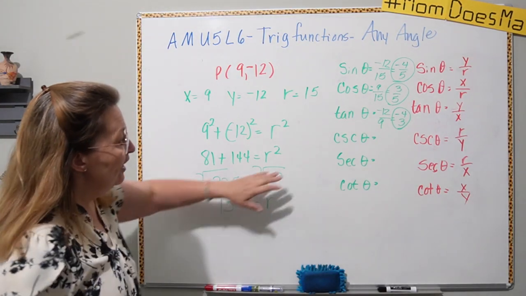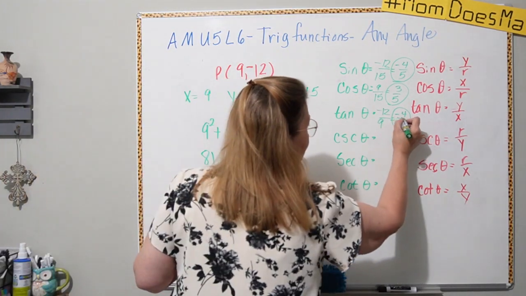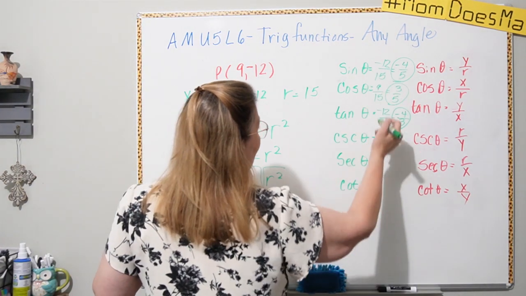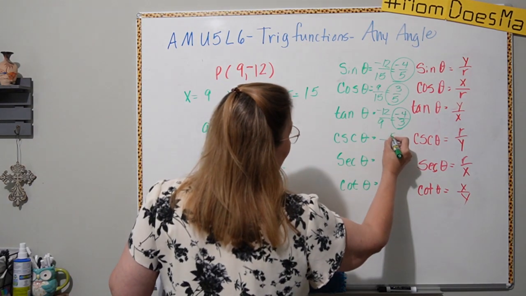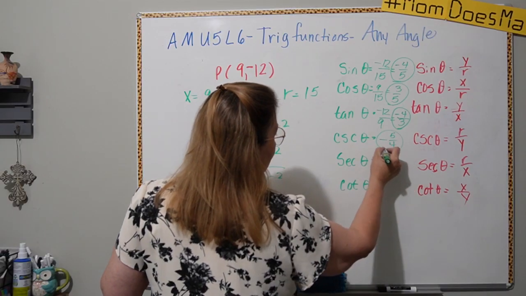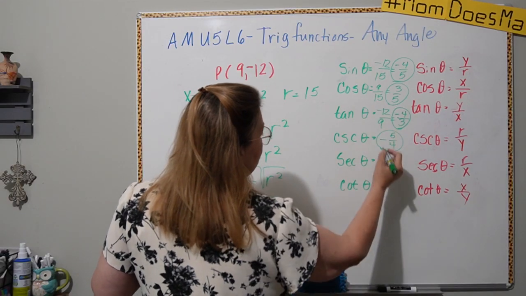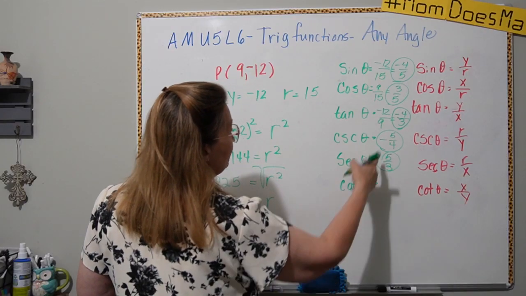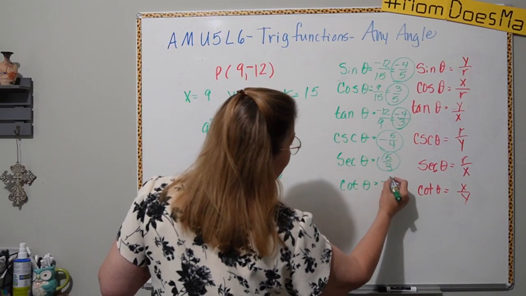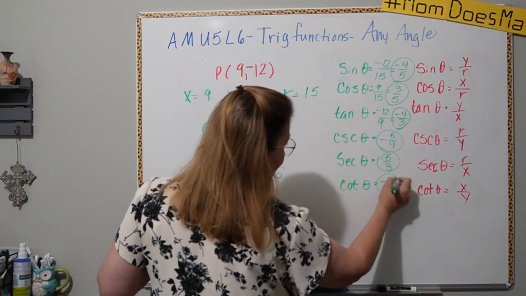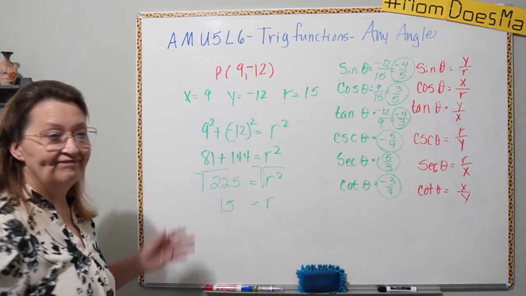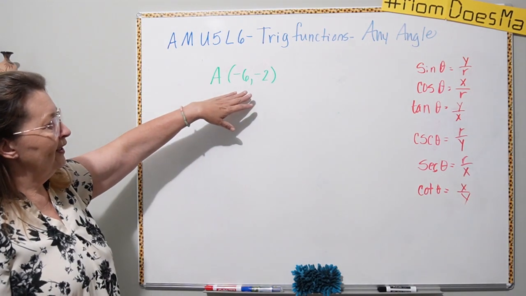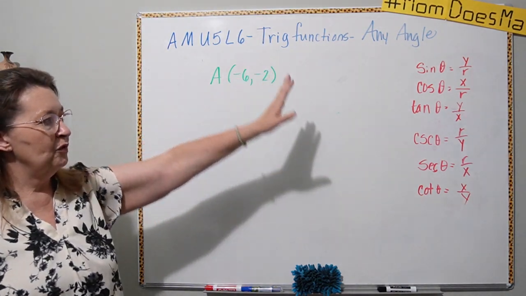Okay, now all of these are just reciprocals, so I can just flip them. My sine reciprocal of that is -5/4. Secant, the reciprocal of that is 5/3. And cotangent, the reciprocal of that is -3/4. And that's all. Okay, for number 2, we have a point at -6, -2, and we want to find all